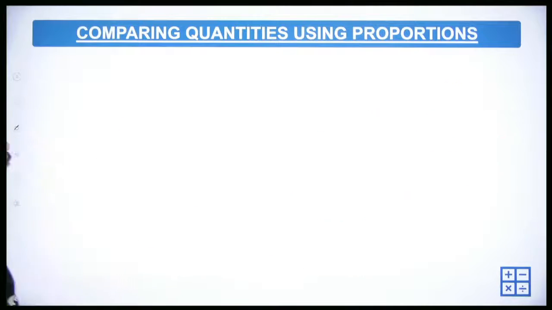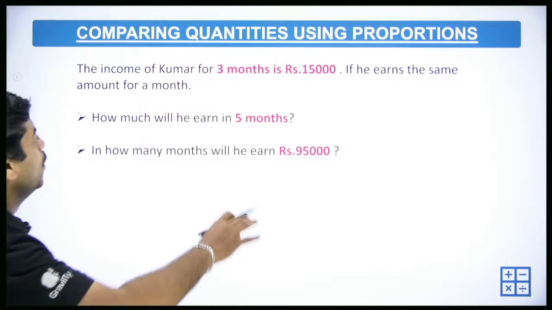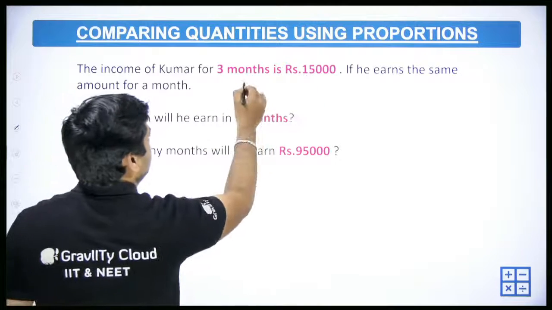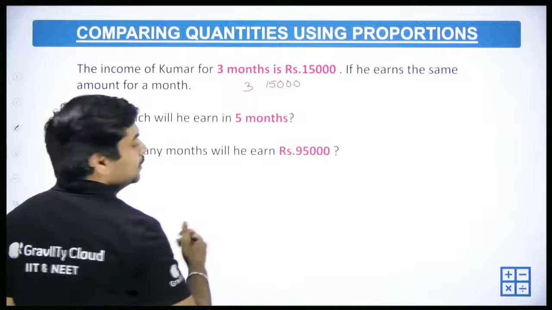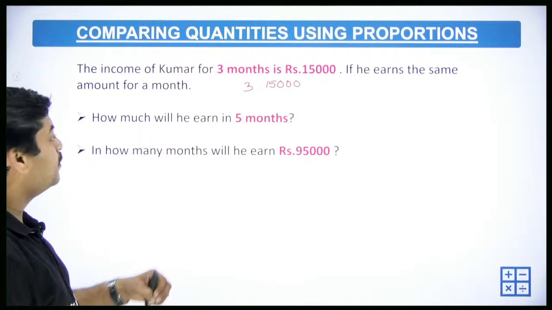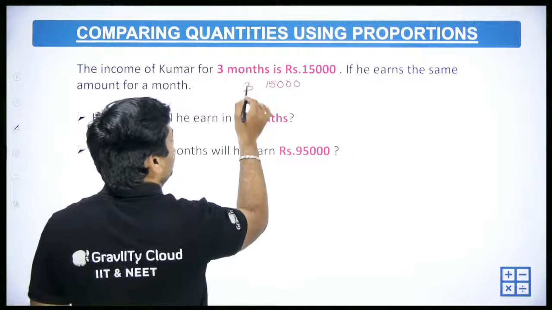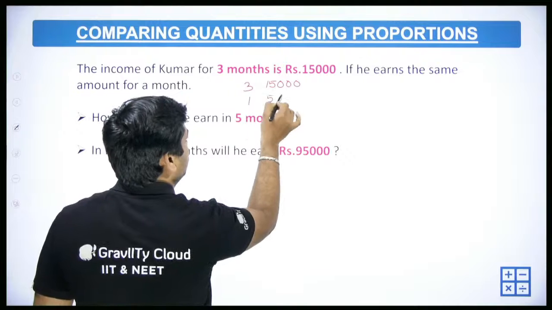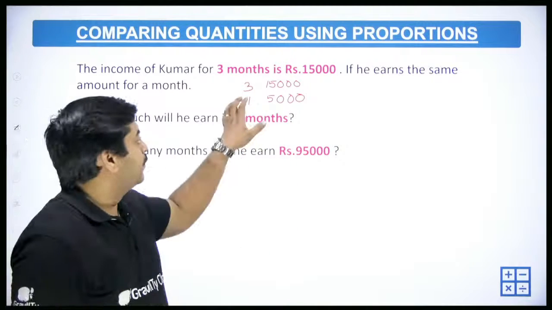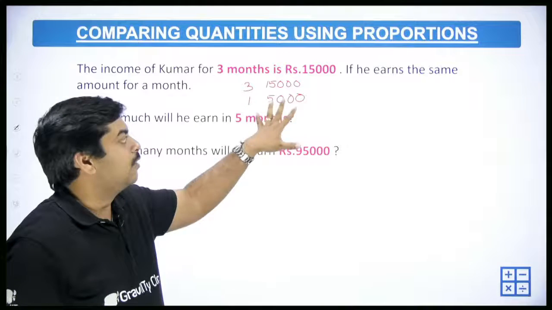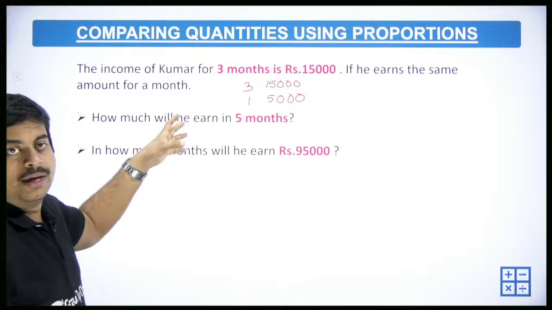We also discussed one more question. The income of Kumar for 3 months is 15,000. So let us say 3 is to 15,000, the months to his income. That means 3 is to 15,000, or 3 1s are 3, 3 5s are 15, so 1 is to 5,000. Both are the same, they are in proportion. And if he earns the same amount for a month,